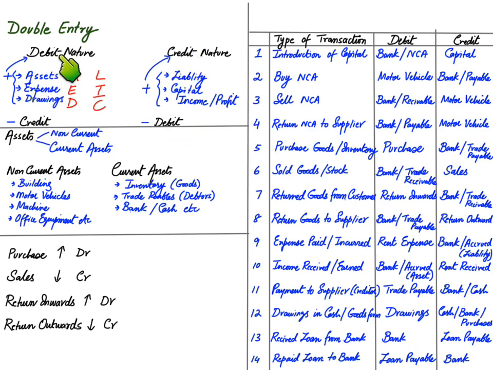Whenever we want to decrease Arab Emirates Dirham, we will be crediting it, and whenever we want to decrease Life Insurance Company, liability, income and capital, we will be debiting. So this is the end of the lecture. I hope students you understood the